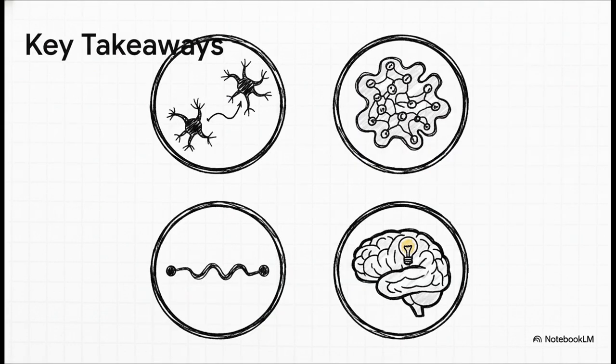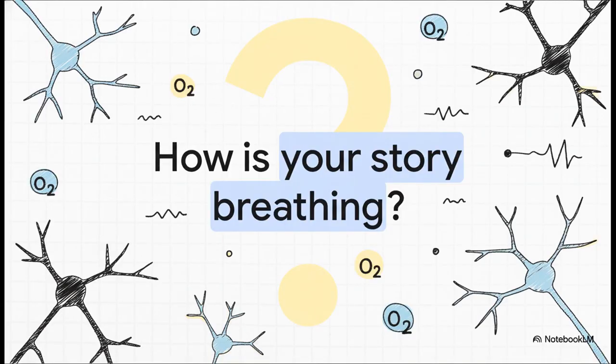Your film. So, what's the big takeaway here? Well, first, your scenes can be independent little units and part of this bigger connected network at the same time. This structure creates a single, unified body. It guides the audience on a really natural emotional journey, and ultimately, it helps them process and digest the story in a way that feels stable and satisfying. So, the next time you look at your script, try not to just see a sequence of events. See a network of neurons, a nervous system, a living thing. And then ask yourself this really powerful question: how is my story breathing?